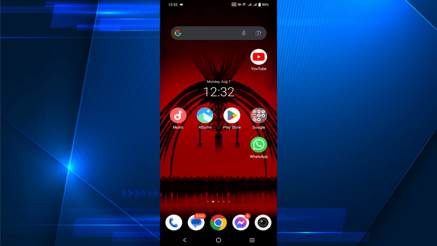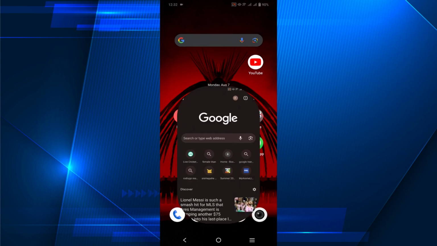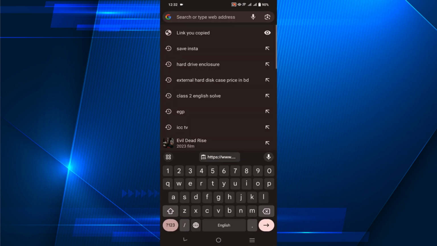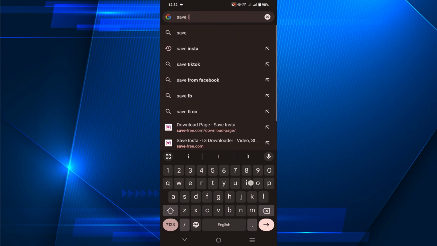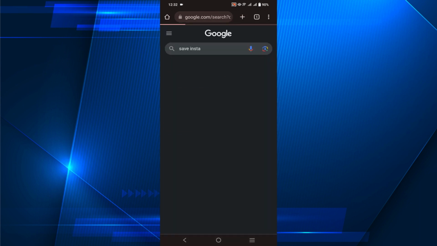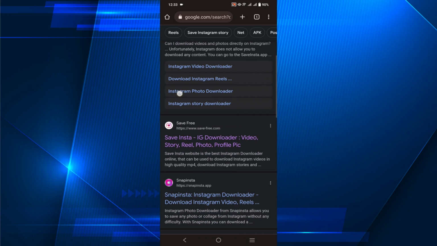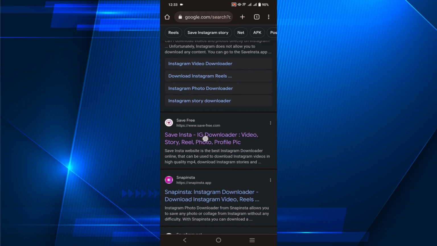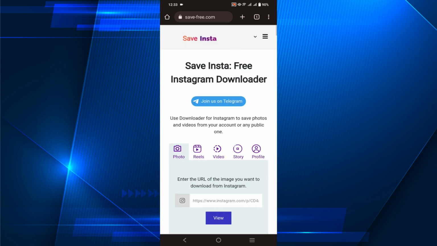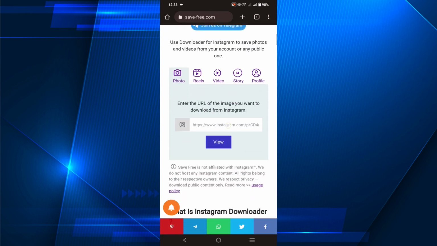Now go to your browser, any browser will do. I'm using my Chrome, and here just type save insta and search, and scroll down a little bit. You can see the website called save/free.com. Click that website, and in this box, as you can see, just paste that link that you just copied,